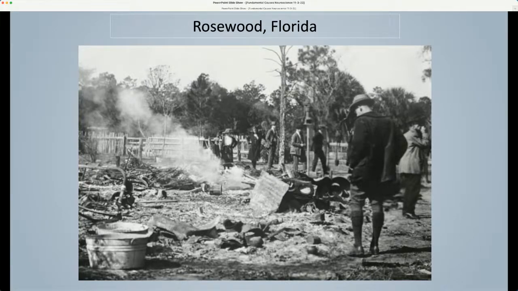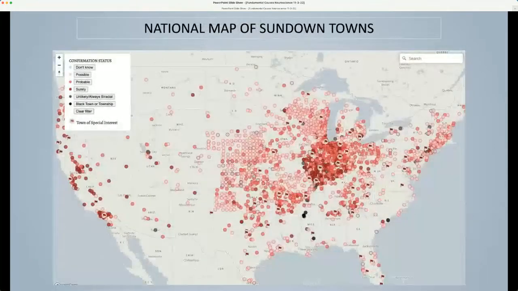Historians estimate there were up to 10,000 sundown towns in the United States between 1890 and 1960, mostly in the Midwest and the West. As African Americans migrated from the South to other regions of the nation, white Americans often refused to let them settle by using discriminatory housing covenants that banned non-whites from purchasing or renting homes. In some cases, the policy was enforced less formally. Businesses that served black customers or hired black employees would be boycotted by the white townspeople,